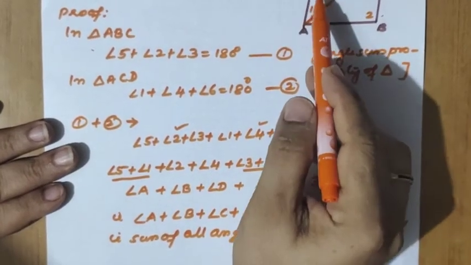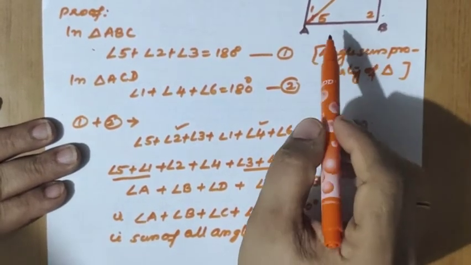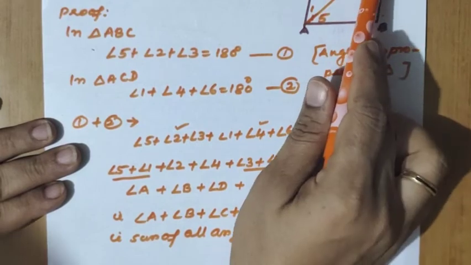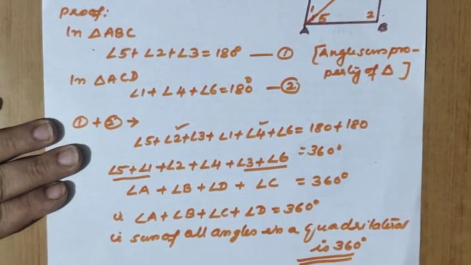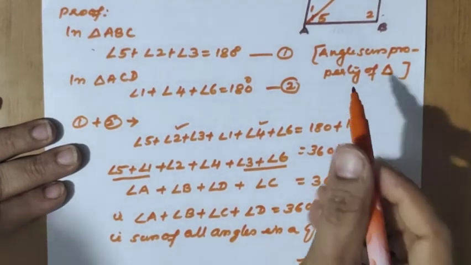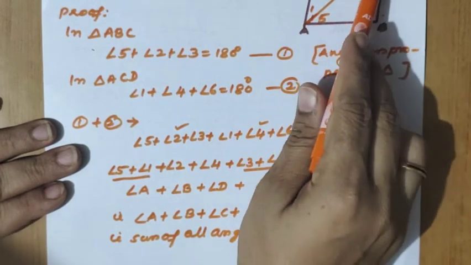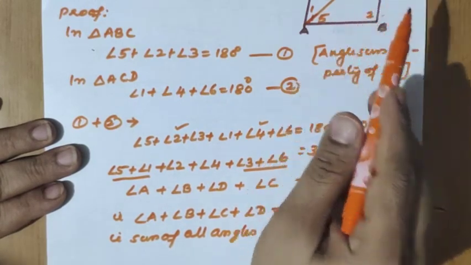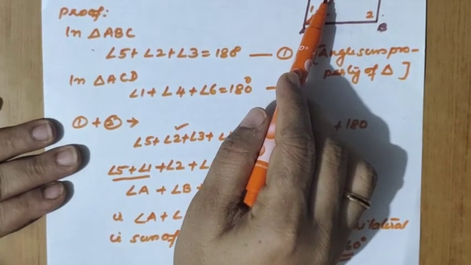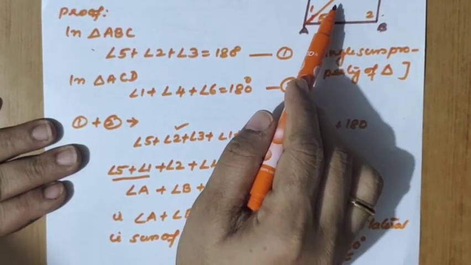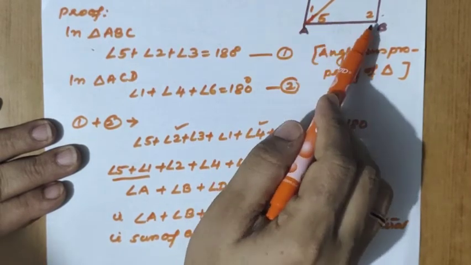So what is given in the question? A quadrilateral is given, that is the given part ABCD. What we should prove? Angle A plus angle B plus angle C plus angle D is equal to 360 degree. What is the construction we want? Join AC. So angle A is divided into two parts 1 and 5 and angle C is divided into two parts 3 and 6. Now we have to get this by joining the diagonal. Any one of the diagonals is sufficient here. So we join the diagonal AC only. So we are getting two triangles. What are the names? ABC, ACD.